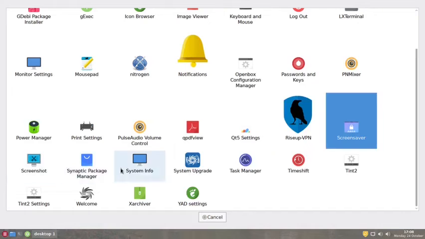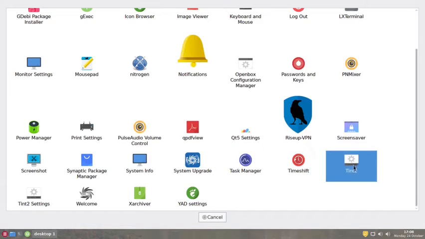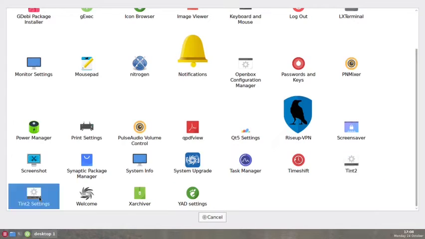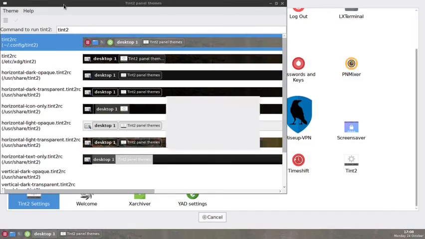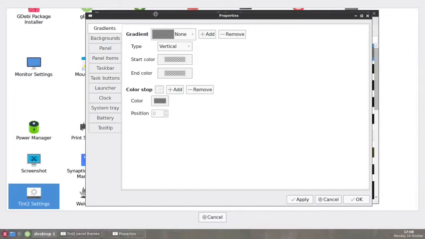Screenshot tool is there, Synaptic package manager is there, system info, system upgrade, task manager, Timeshift, that is the system restore utility. Tint2 is the lightweight panel that is appearing at the bottom, so it is already there. Otherwise, if it is not there, clicking on this will make the panel appear at the bottom. Tint2 settings, so these are the settings of the Tint2 panel,